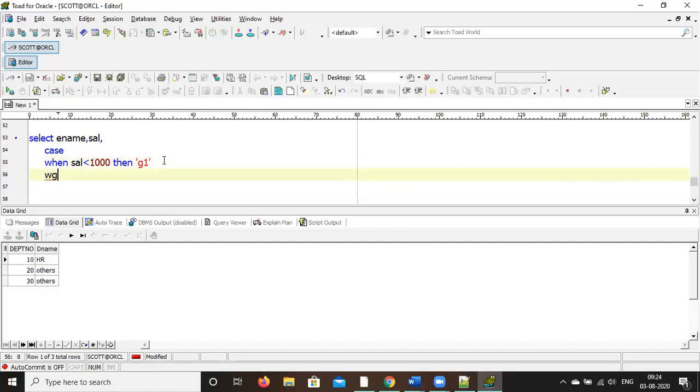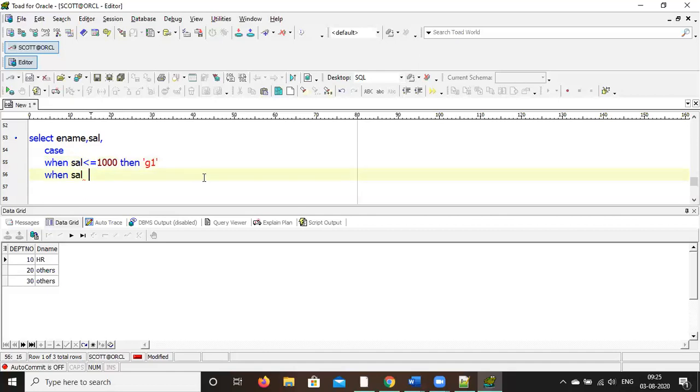So here what I would write: select name, comma, salary, case when salary smaller than or equal to 1000, then G1.